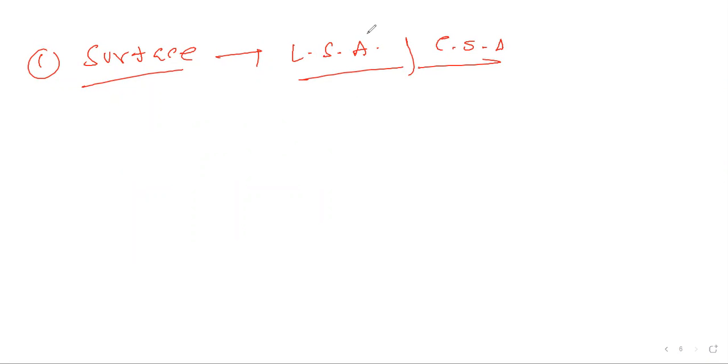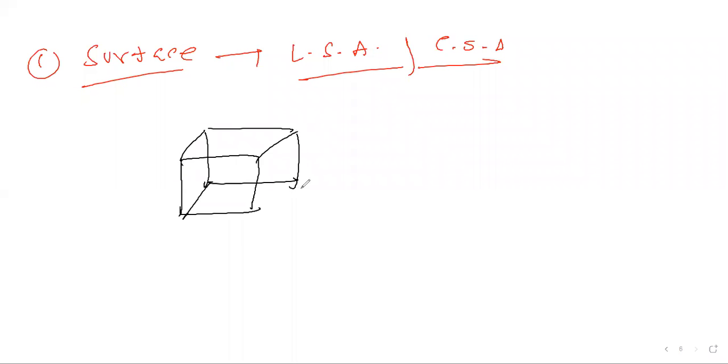Let us take a cube. A cube is nothing but a six-sided figure, like a chalk piece box you have in your college or school. I think you have an idea of a chalk piece box. Am I clear? Yes, sir. How many sides does a chalk piece box have? It has 6 sides.